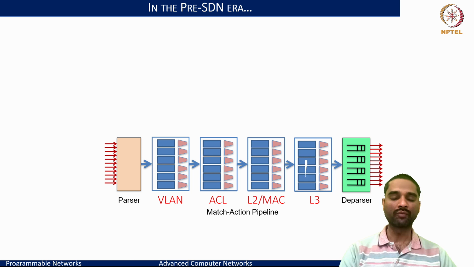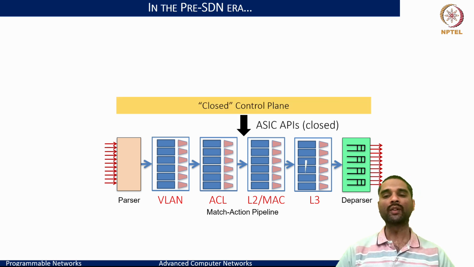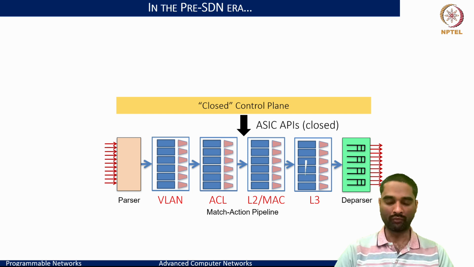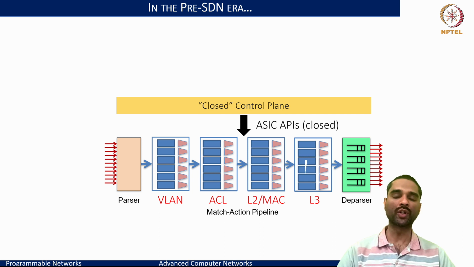And what this meant is if there was a switch that would say it has support for VLAN, for L2 MAC, for L3, for ACL, each would come with its own set of tables and a parser that were pre-baked to support these headers. And this meant that the ASIC APIs were closed, not open for innovation, not open for experimentation either. And the way that these tables would be updated and configured, the means to do that as a control plane, was also closed.